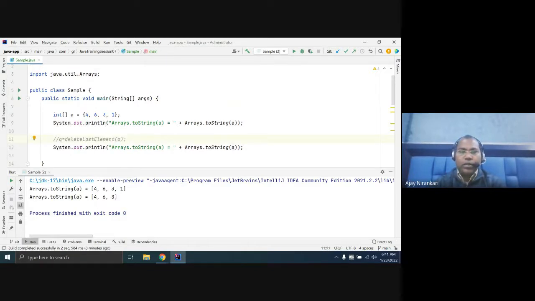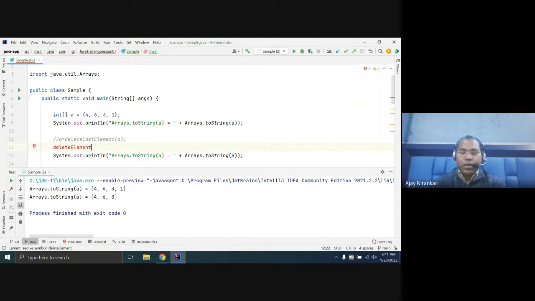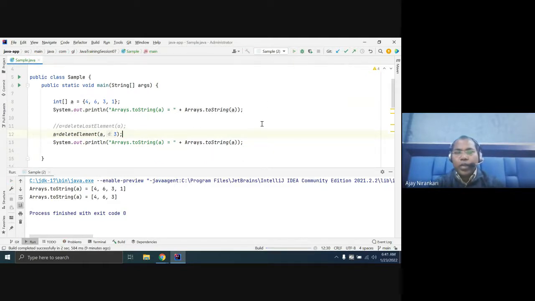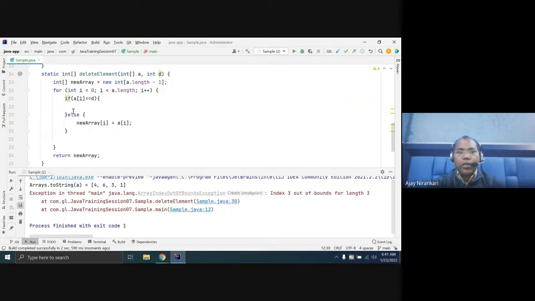Let us run it. Delete element: let a equal to the array, I pass the element one to a and delete the element 3. If you run it, you notice that we have to add more logic.